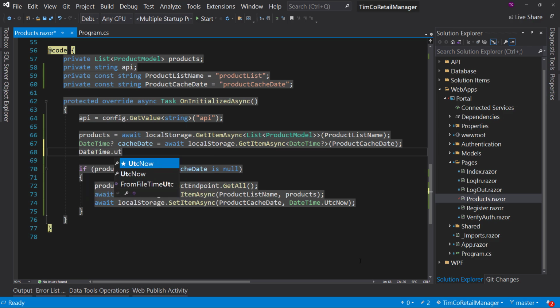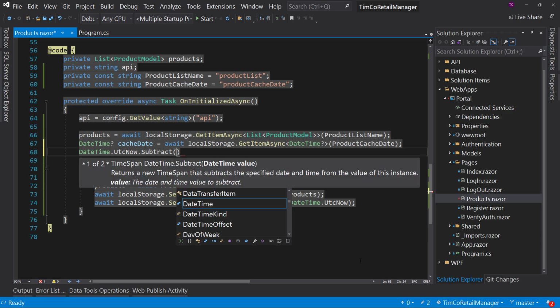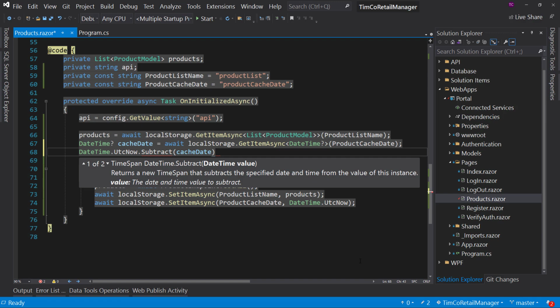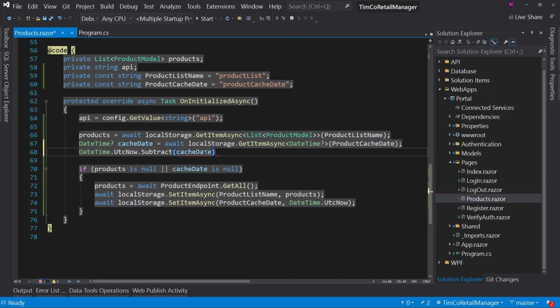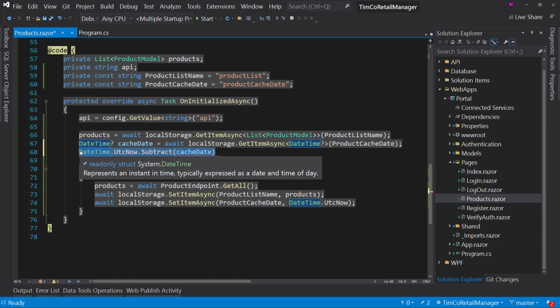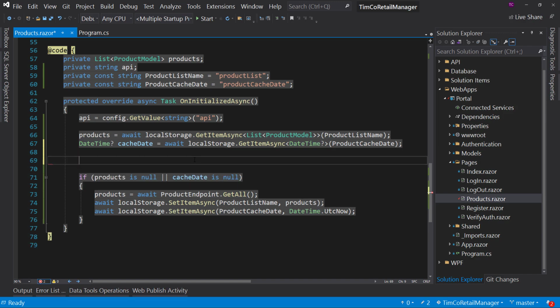We're going to say datetime.utcnow.subtract, and we're going to subtract the cache date. Now it's going to say, hey, you can't do that because this is nullable and we can't convert it to not null. So we're going to wrap this